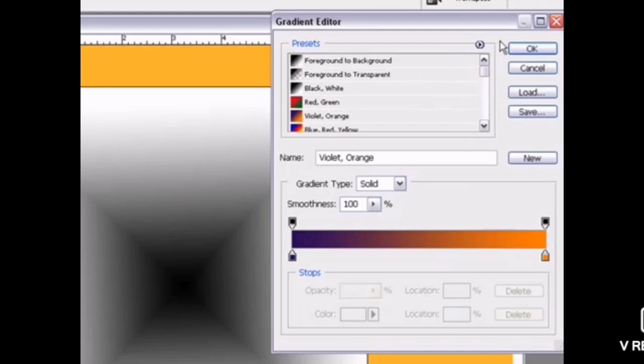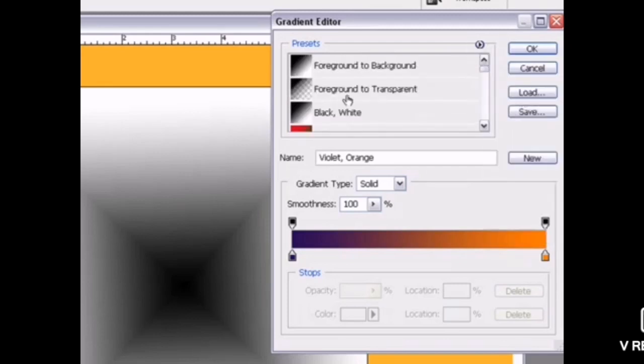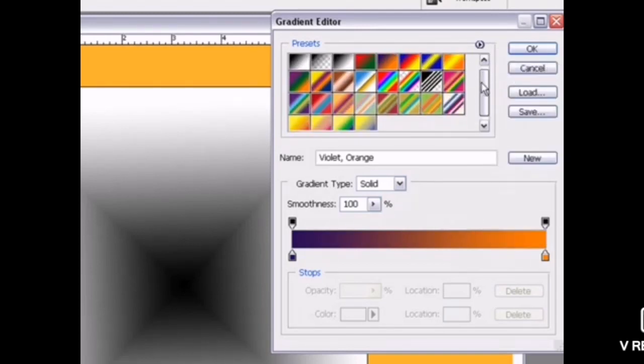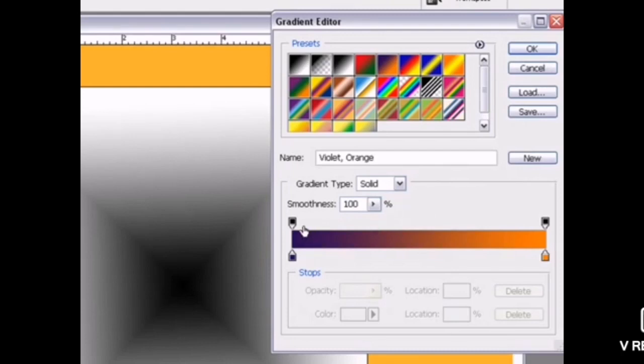When I click on the preset arrow, you can see there are thumbnails over there. So I can make the thumbnails small, big, or large. The same way I can set it on my screen. Now let us go for the